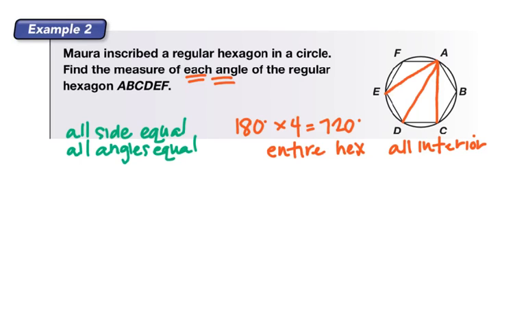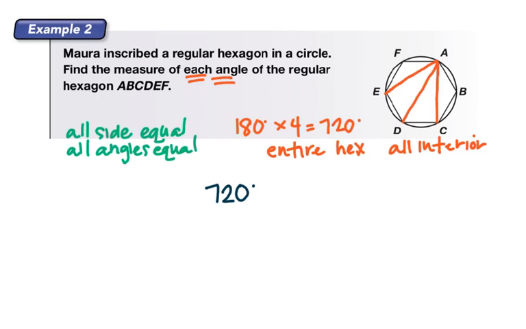Well, that's good news, because if all sides are equal and all angles are equal, and we know that the entire hexagon, all interior angles together make 720, then all we're going to have to do here is take